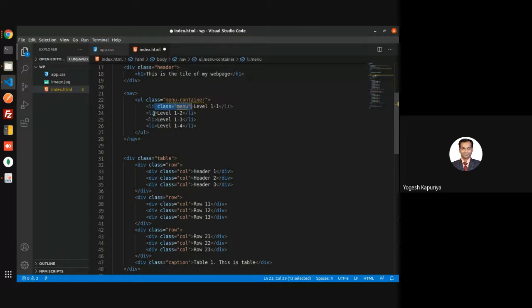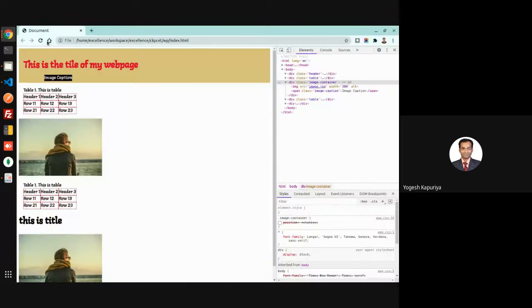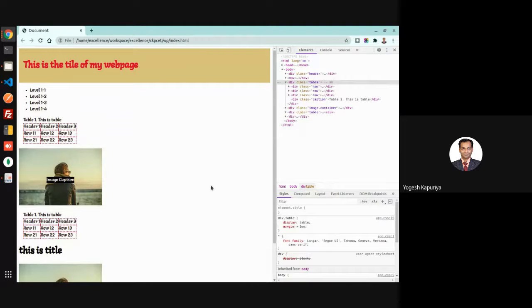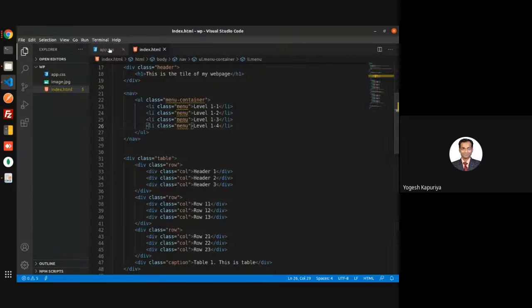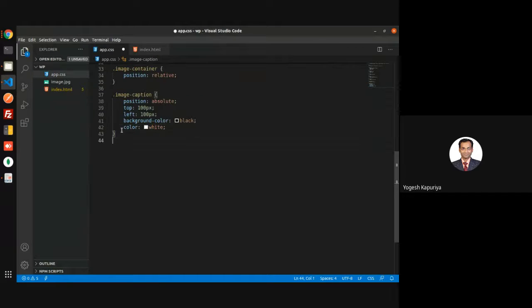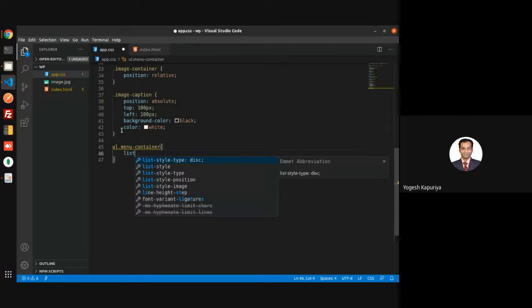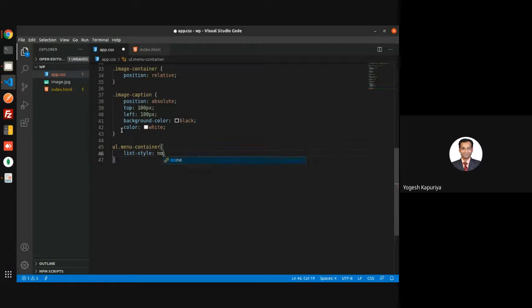So Control C, Control V. Okay. Right. Obviously you don't want this kind of a bullet, so now you can change that: ul.menu-container, list-style is none.